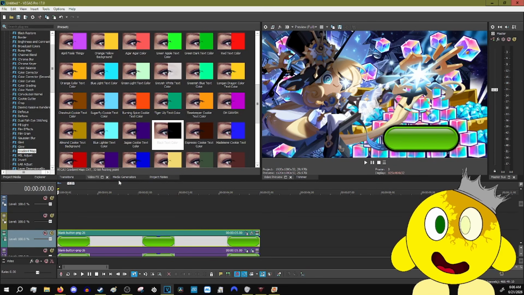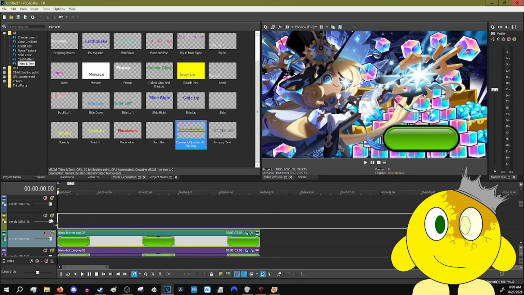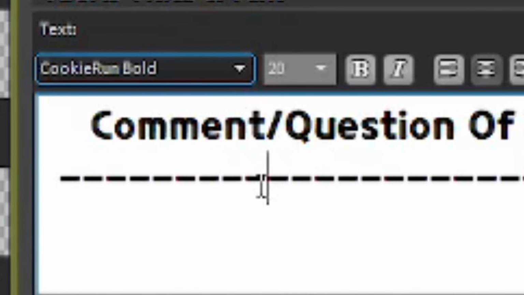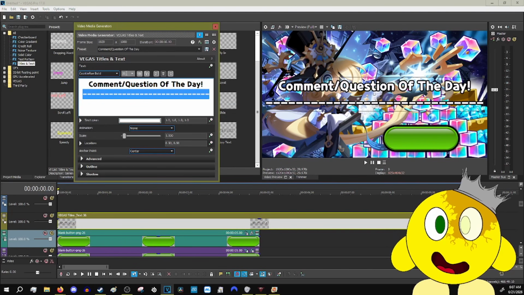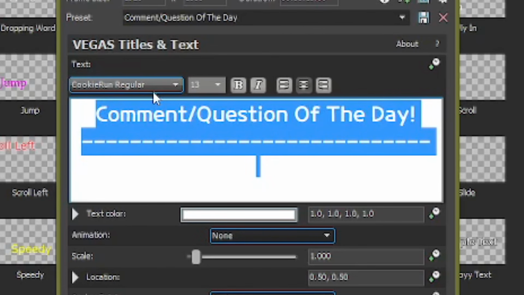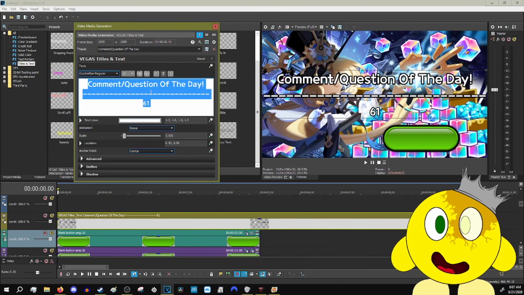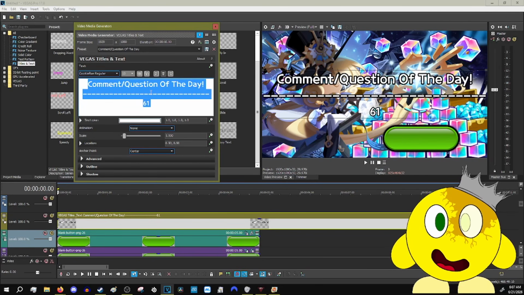And now we can go ahead and go to the text, which I'm going to use. This should be basically Cookie Run bold, but I'm going to make sure I swap this to right, which I used to do for my common questions of the day. Should I make it normal, regular? I think we'll just make it regular. I don't exactly know what font Cookie Run would use for this stuff, but just in case, we're going to go with